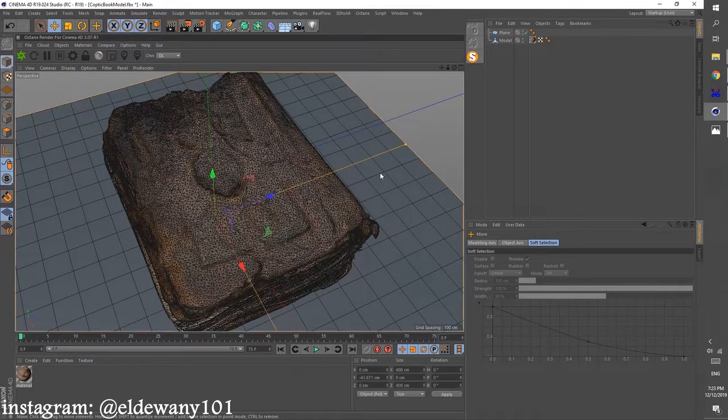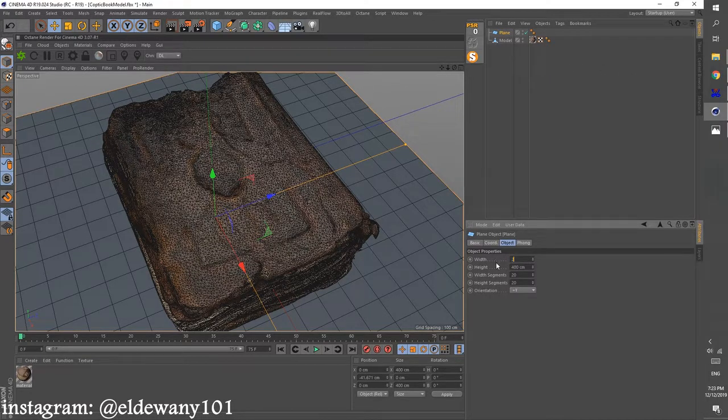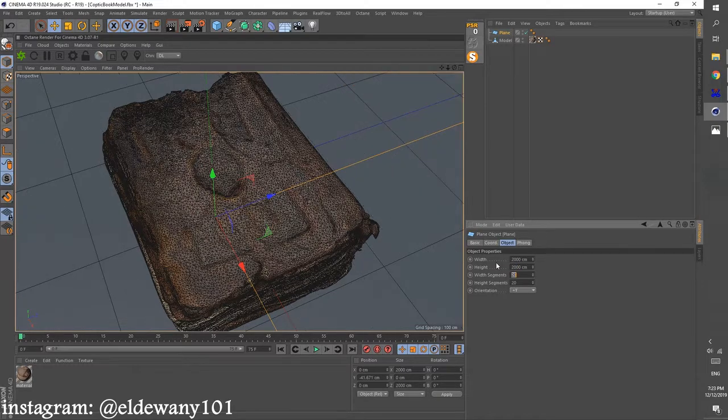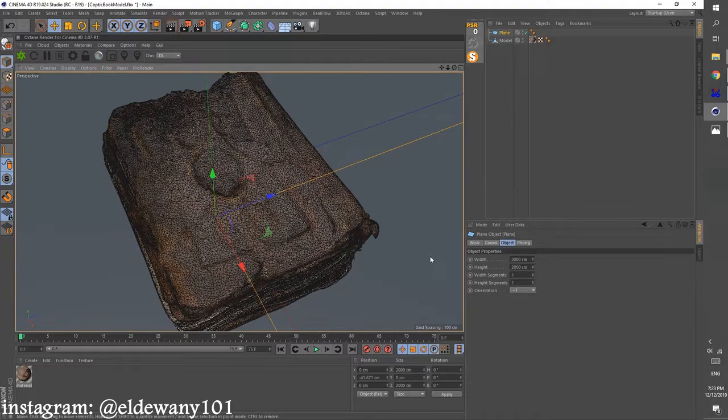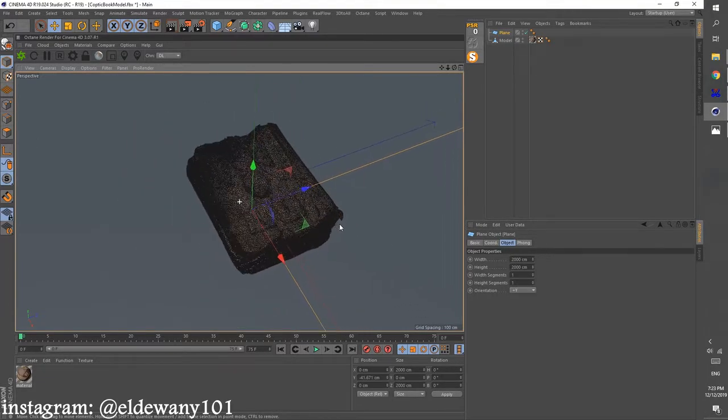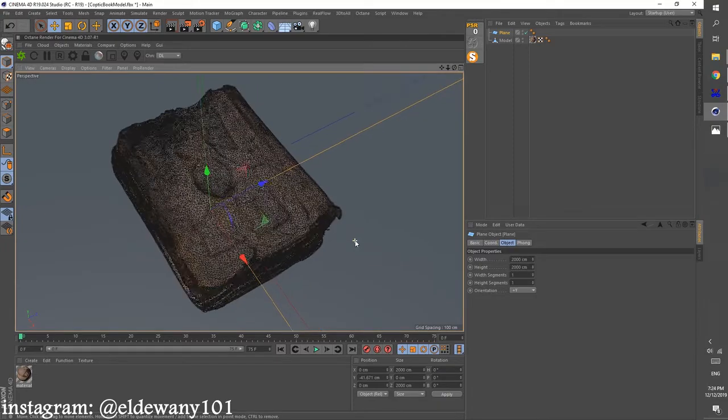Let me just increase the size of this plane to 1000 by 3000. Oops. And let's just use one segment because we are going to use an Octane material, and segments don't really mean much for Octane in planes. Anyway,